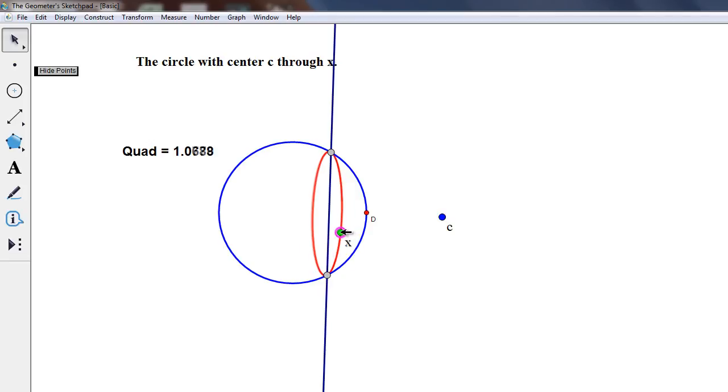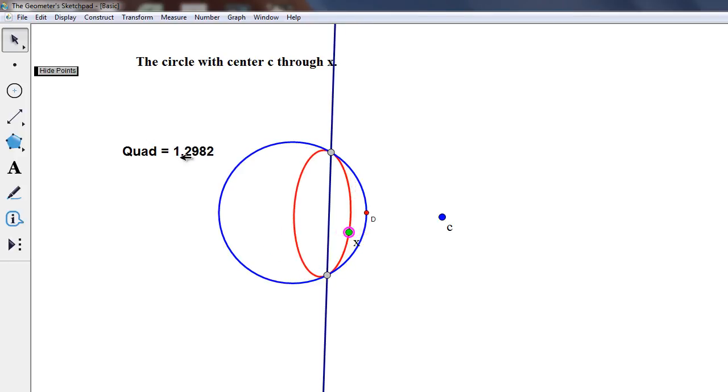As the point X moves, what happens? The circles are all ellipses, as you can see. They're all tangent to the null circle at these 2 points. There's a 1-parameter family of such ellipses. That's 4 conditions: they go through these 2 points and are tangent to the null circle at these 2 points. So there's a 1-parameter family, and here you're seeing all of them.